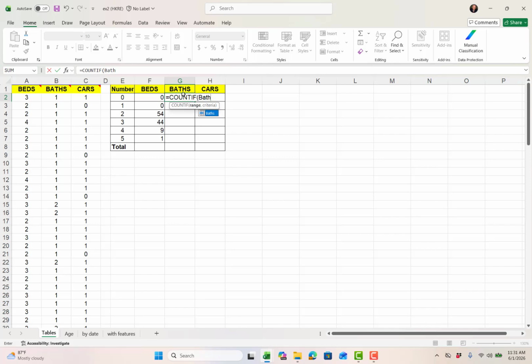And there you see it. Baths, it's a range. So I can just hit tab and it will automatically count baths, comma, the number 0. Close parenthesis, enter. And if I copy that down,